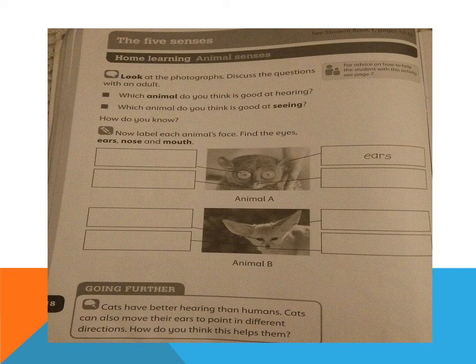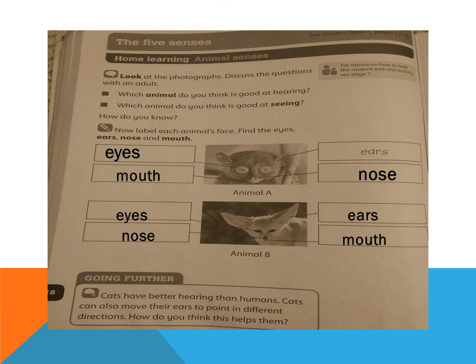Okay, now in the fourth box, they are pointing towards his mouth. Yes, so write mouth in the fourth box. What are the spellings of mouth? M-O-U-T-H. I think you all have done this page nicely and with me. Now look at the next slide. I have shown you the solved page, but I think you all already have done this page with me. So we move towards the next slide.